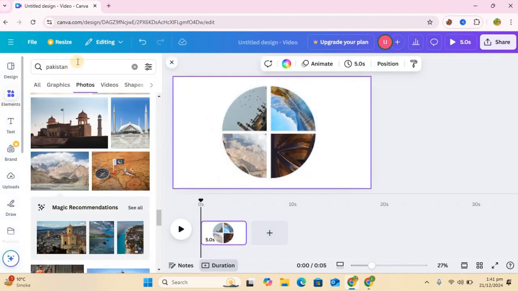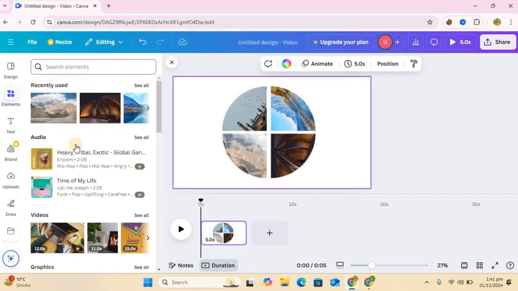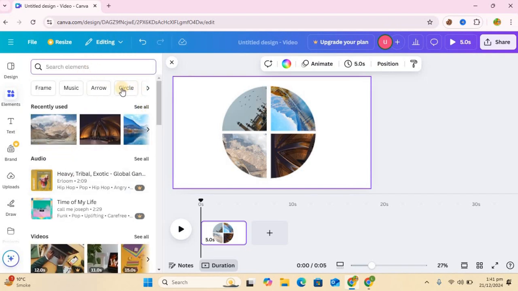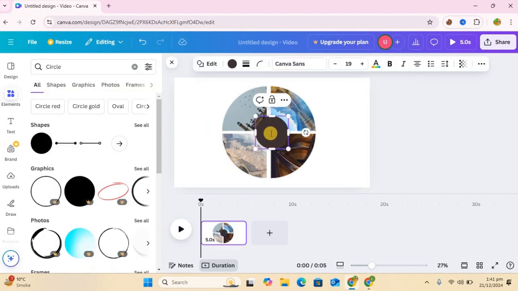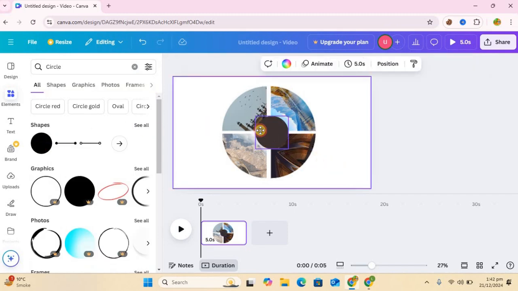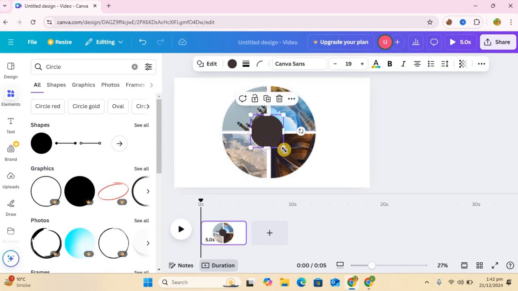Now we have to select any shape. The center,